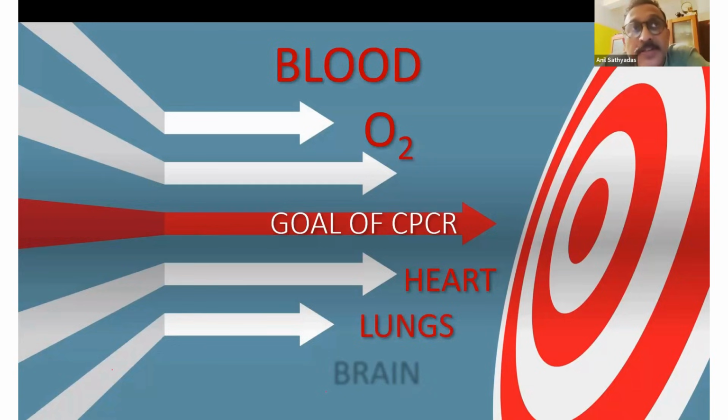Second, the lungs. What is the importance of giving blood flow to the lungs? That is to pick up more oxygen. So if you are not ventilating the patient, the blood that is passing through the lungs would not get oxygenated. So ventilation is also an important part of the CPCR. And last but not least, to the brain. So why is that important? That is important because that's to prevent you getting a brain dead patient at the end of resuscitation.